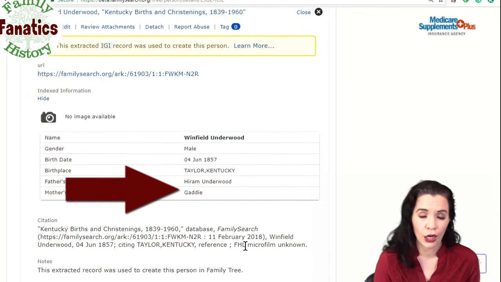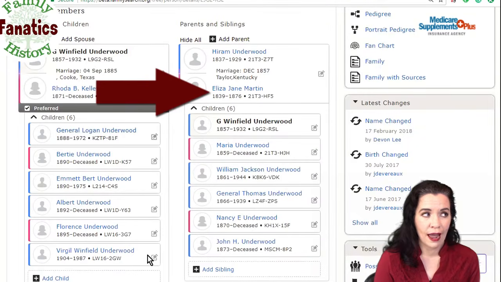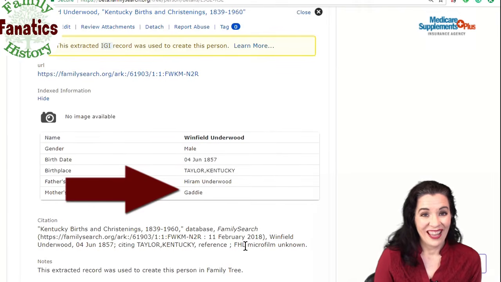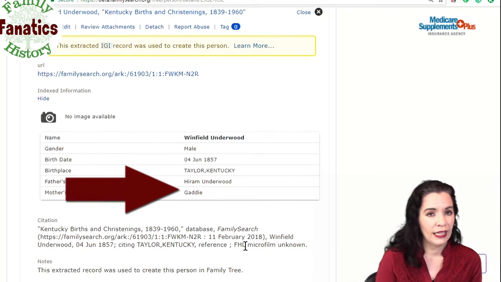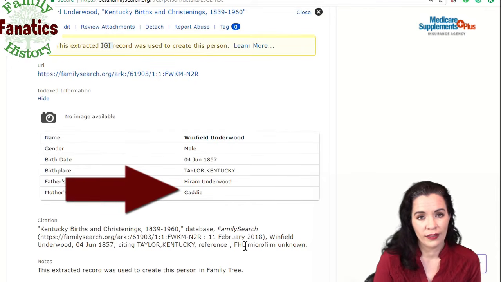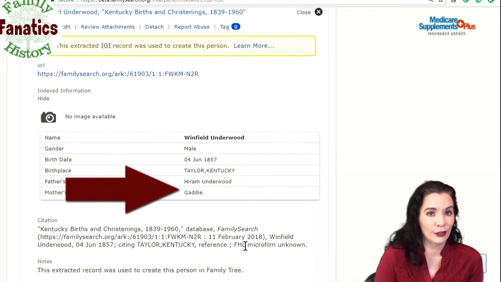I'm not really sure. Could Eliza Jane Martin have previously been known as Eliza Jane Gaddy? It's possible. Now we have confusion and no resolution. Again, this is a birth index and we have no idea what the name of the mother is. So we will just add that as another clue.